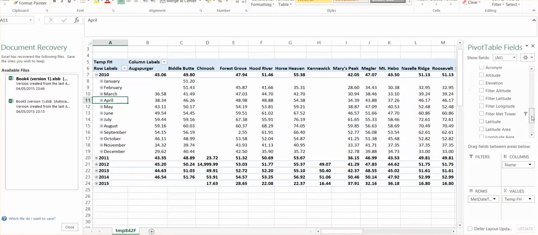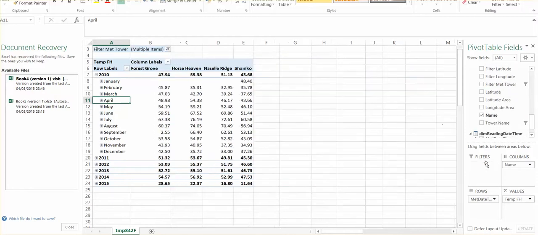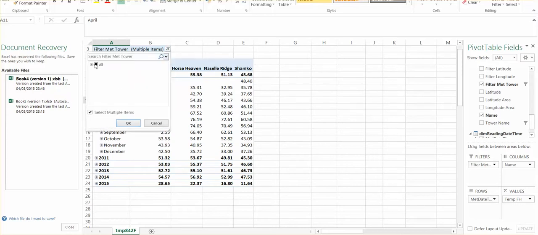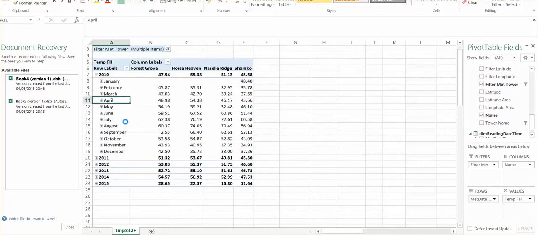Met towers, you'll see they appear here twice. Once is name, once is filter, and the reason for that is that if you have it twice, then you can apply it as a filter as well. Now this has already been pre-selected, it looks like, and we can see that just 4 are selected here, and one of the queries that I ran was to look at the hottest month